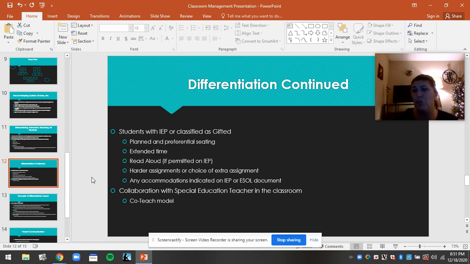They can have limited choices, different spelling words. I mean, anything that I can do to scale or scaffold their learning, so if they're struggling with the big words, we'll start with some smaller words and then work to the big words, that sort of thing. But I just want to get to know each of my students and figure out a way to help them in the classroom. And again, I have a co-teach model. So the teacher, the special ed teacher, not